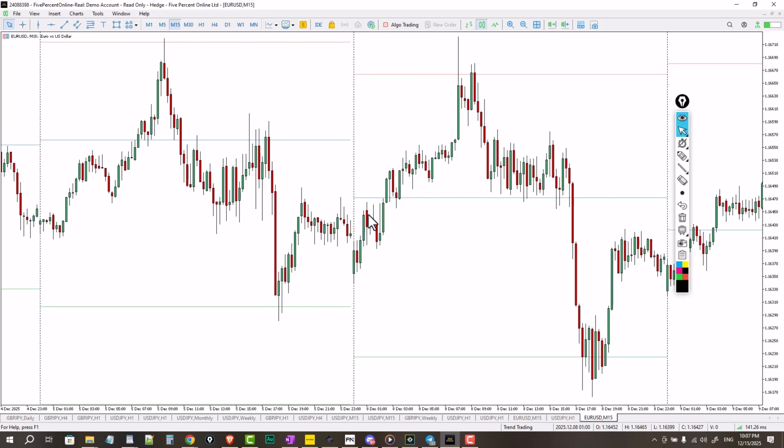Okay, now remember, the widespread technique is that if price opens below a central pivot, you'd be waiting for price to come all the way down to the support levels and then you just buy. But if it opens above it, then you'll be waiting for price to go all the way up and then you just sell. In this case, price opened below, and so if you were waiting for it to go all the way down for you to buy, it would have been way late in the day that that would have happened. But if you're using the other technique, which I told you, is to watch how price reacts to the